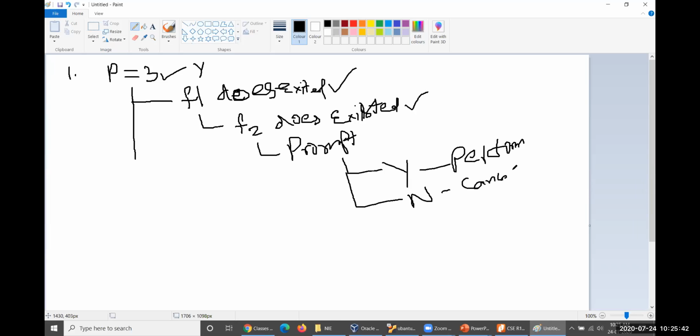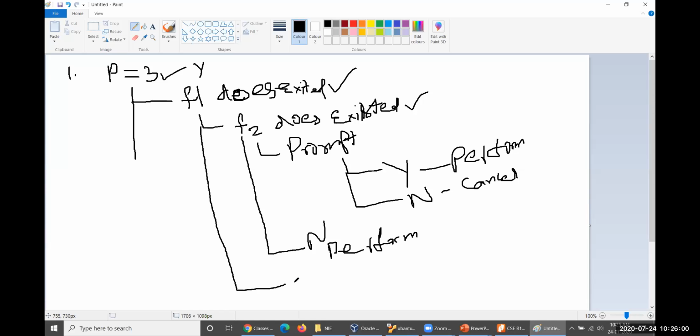Don't do any operation. If file 2 does not exist, simply don't give any prompt message, perform the operation. If file 1 does not exist, provide a message, not a prompt message, something like "file does not exist".